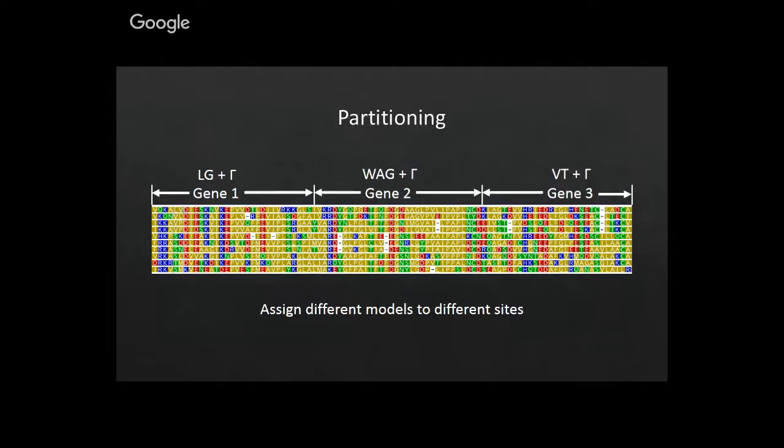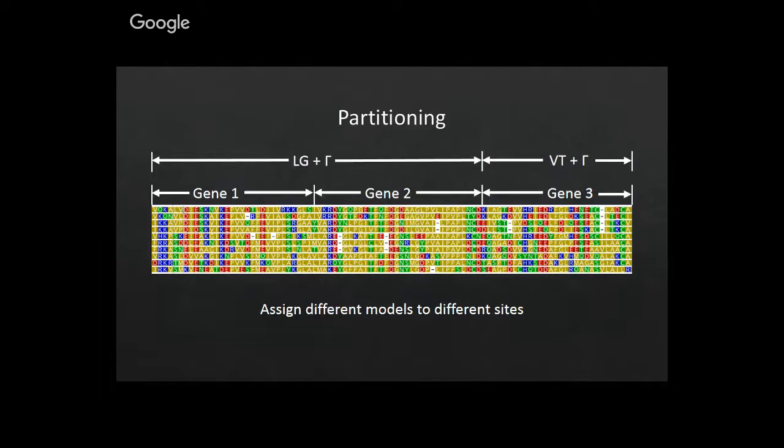An alternative approach would be partitioning the data set and applying different models. Each model here would have its own relative exchangeabilities, its own frequencies, its own gamma distribution for modeling rate heterogeneity. You might partition up the data set in any number of ways. You could do it by genes, or you could combine genes in some manner. There are methods now, with Partition Finder, which I'll mention in a second, where you actually determine the best fit partitioning scheme, and then the best fit models for those schemes. So in this case, gene 1 and gene 2 would have the same model, and gene 3 would have a separate model.